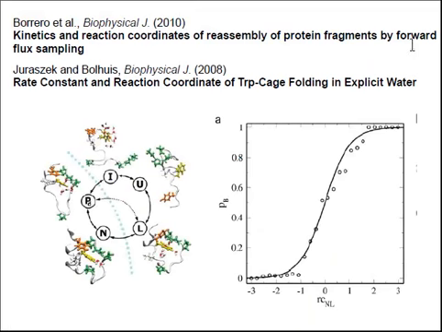Many people have used these kinds of approaches in various problems since our work in 2006. You have work by Escobedo and also work by Ballhaus looking at models of protein folding. The one by Ballhaus here is particularly interesting, I think, because while I think it would probably be hopeless to describe the entire process from native to unfolded in a protein folding problem, it is possible, as Ballhaus has demonstrated in this work, to break the folding steps into individual conformational transitions and do things in a stepwise analysis.